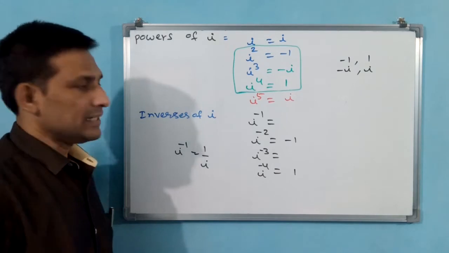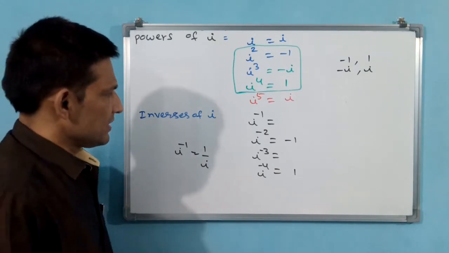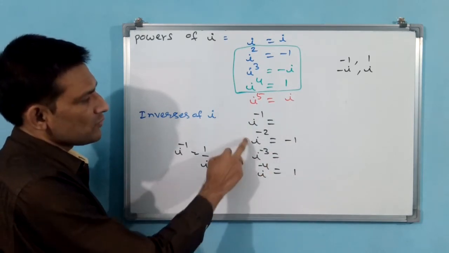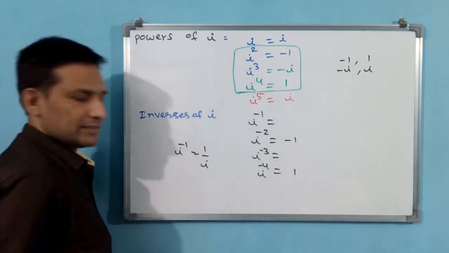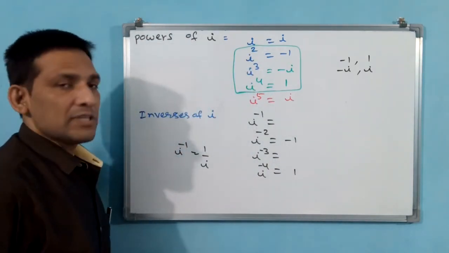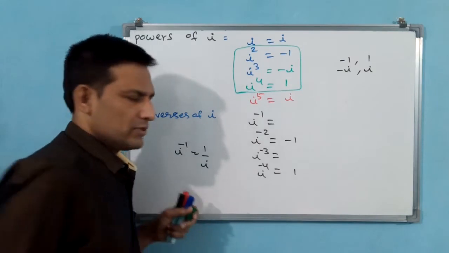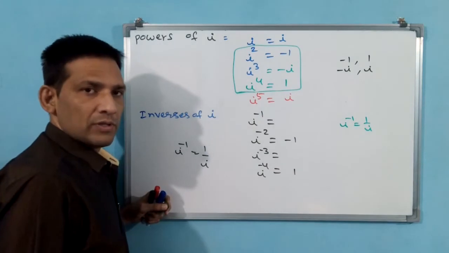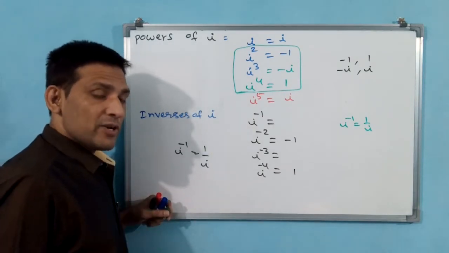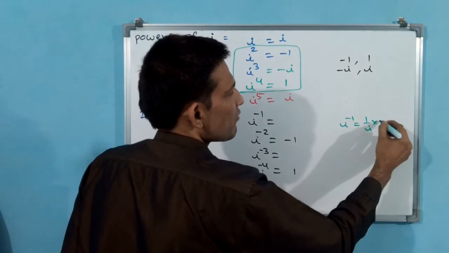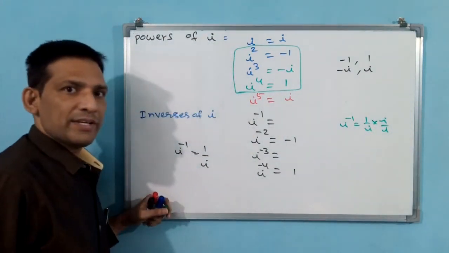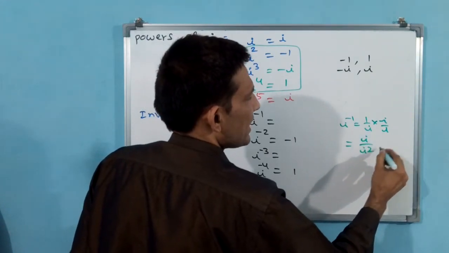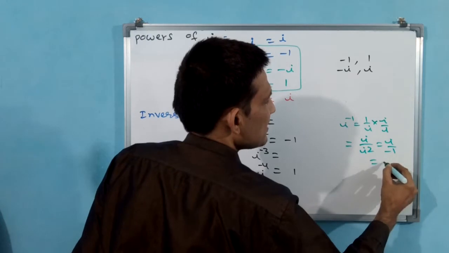How do these come about? I am explaining again. Let us do all of them, 1, 2, 3, 4. But you can easily memorize these two, because these are equivalent. See how these come: rationalization only. i to the power of minus 1 is equal to 1 by i. 1 by i we don't know. We know i square, so if i square comes in the denominator we know the value. That is why we rationalize, multiplying by i into i. i by i square is equal to i by minus 1, that is equal to minus i.